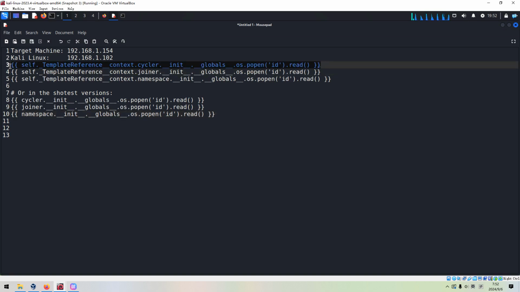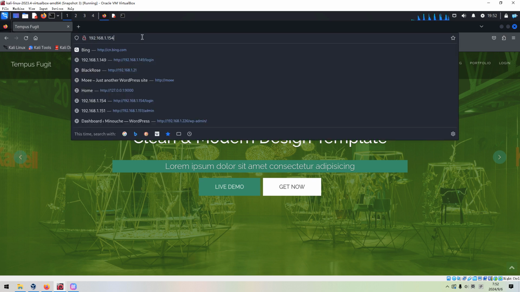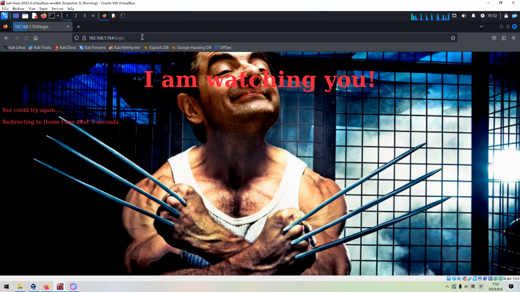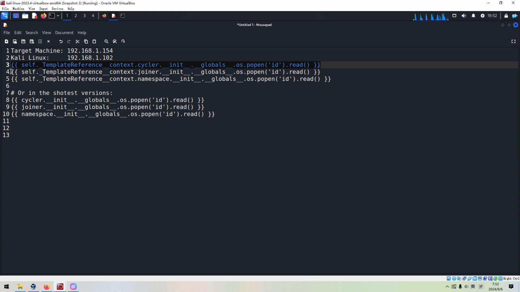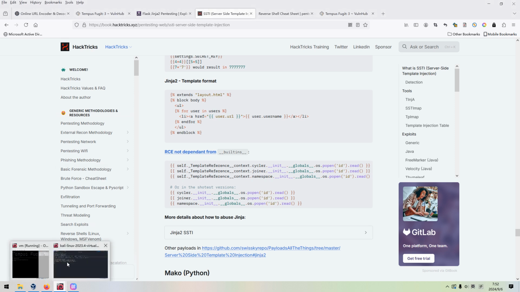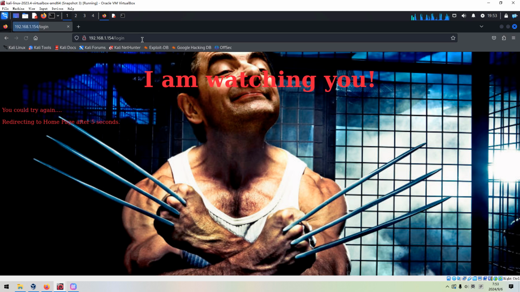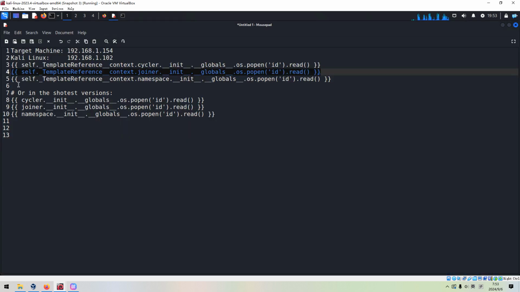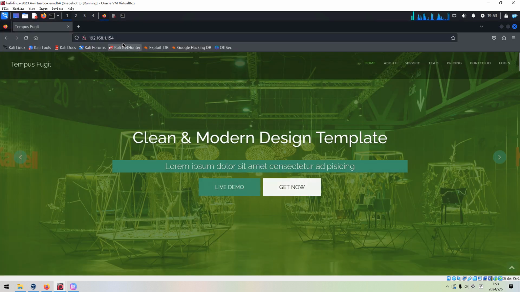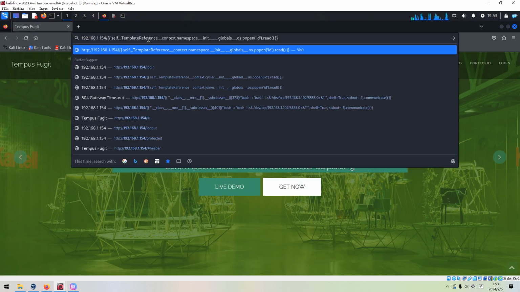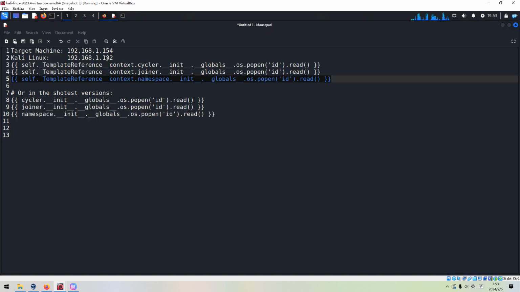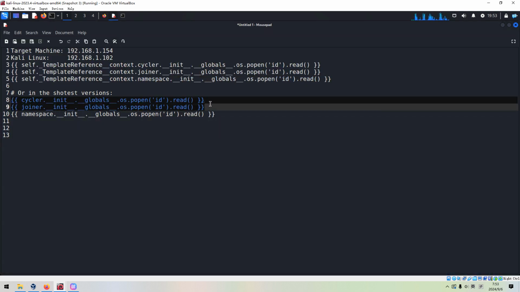We can copy the first one, press enter. However, it doesn't work, and we can try the next one. Doesn't work as well. And we can copy the next one. Press enter. And we can try this one.